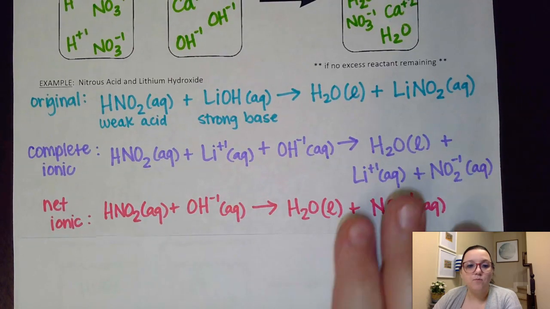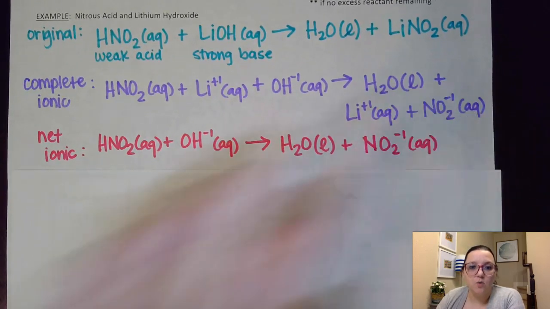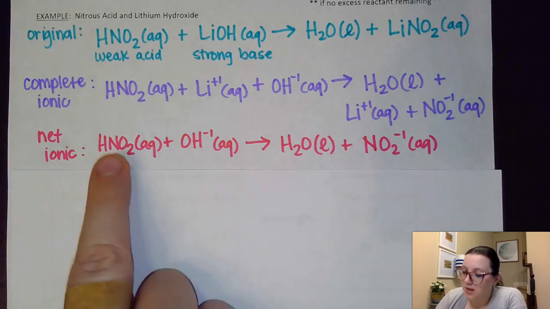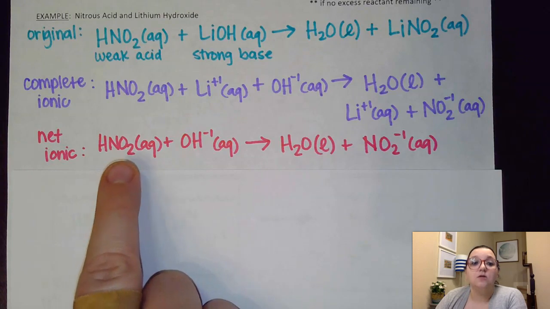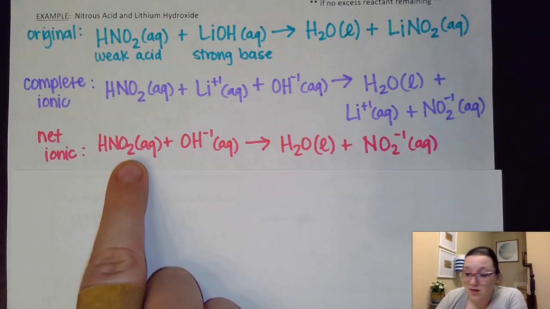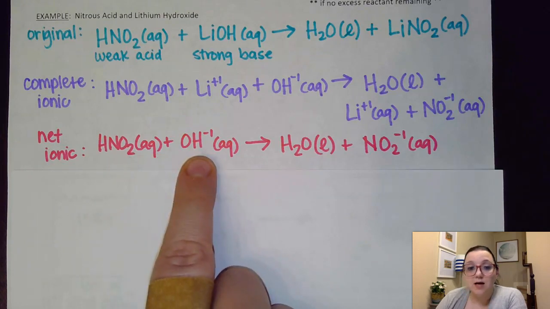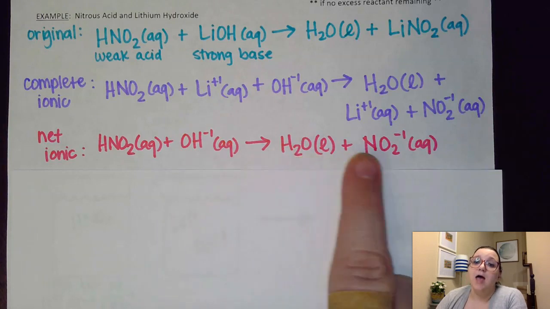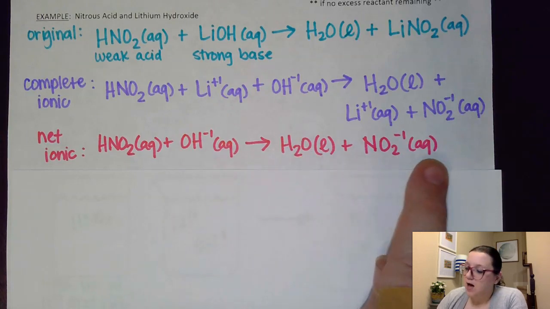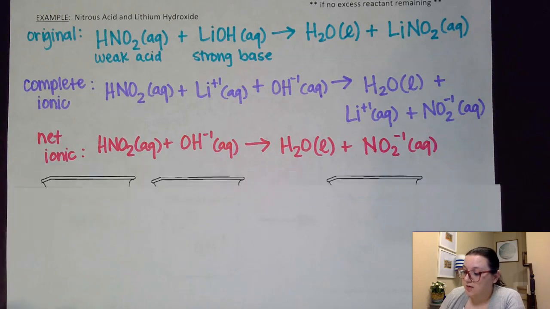And so then when I write my final net ionic equation, I would remove that spectator ion out, and I end up with HNO2 aqueous. So again, I left that weak acid together, plus the hydroxide ion makes water and my nitrite ion. Our solution here at the end,